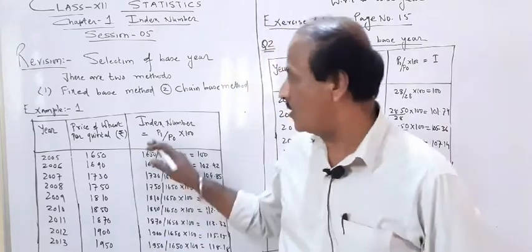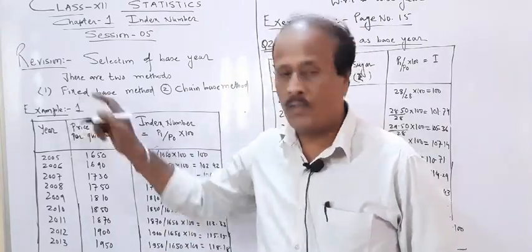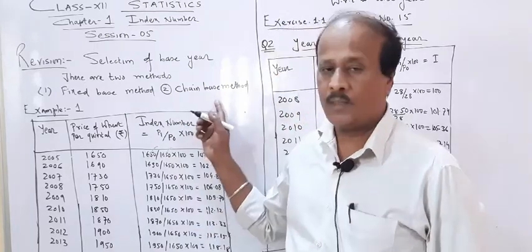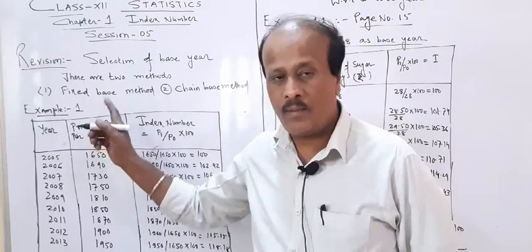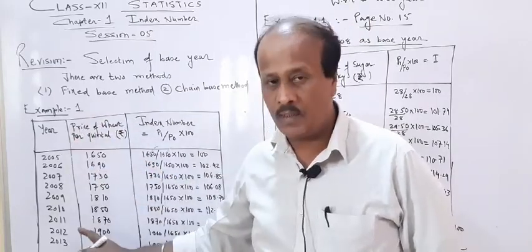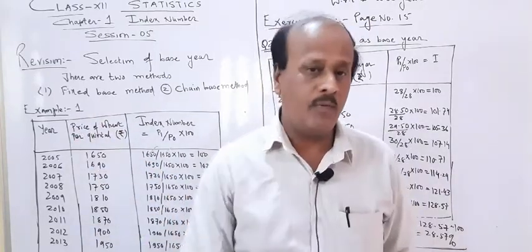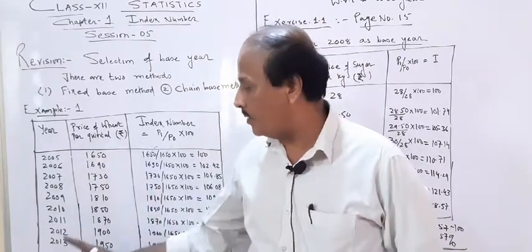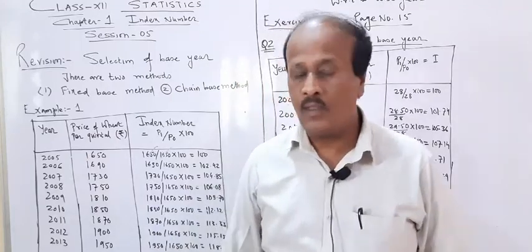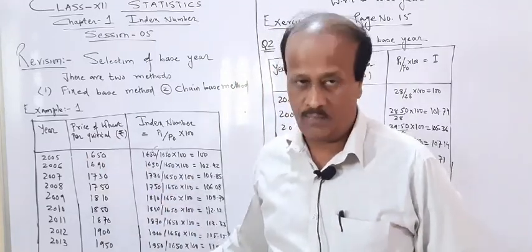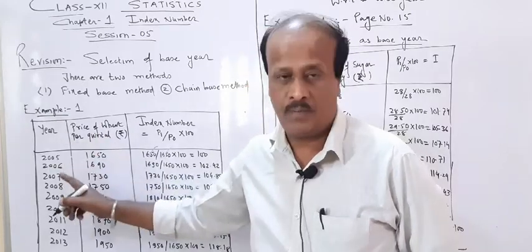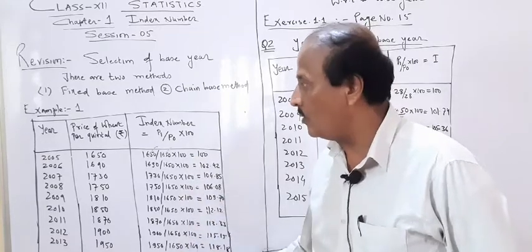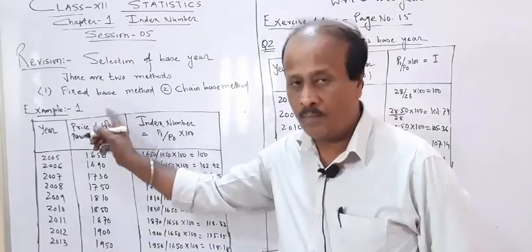You are going to use this formula. But read that question carefully, whether you are supposed to do it with the help of the fixed base method or otherwise the chain based method. Since in example 1 we are using the fixed base method, in the question itself it will be given to you which year you are going to take as the fixed base. If they say 2013 is the fixed base, you will have to calculate according to that. Here 2005 was our fixed base. Calculation wise, this is the table, this is the way you are going to calculate. So this is example number 1.